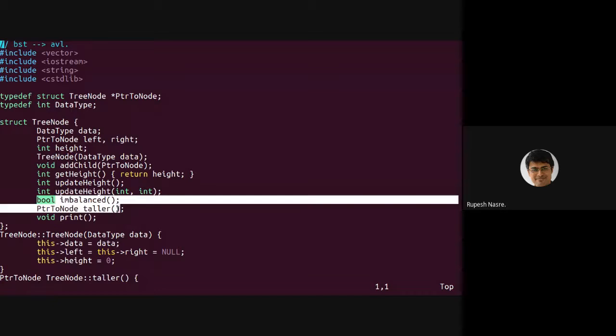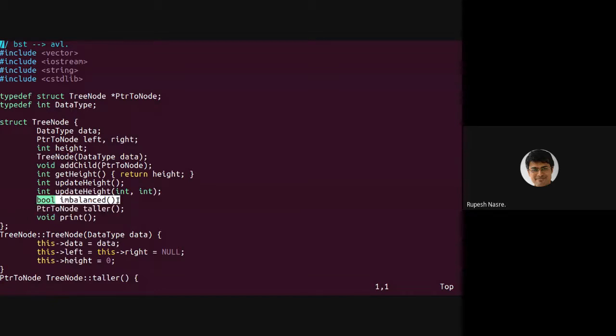Bool imbalance returns true if this particular node is imbalanced. And that, you can imagine, will look at the height field. Sorry, not the height field. It will look at the left subtree's height and the right subtree's height, that is the left child's height and the right child's height, and decide if this particular node is imbalanced or not.